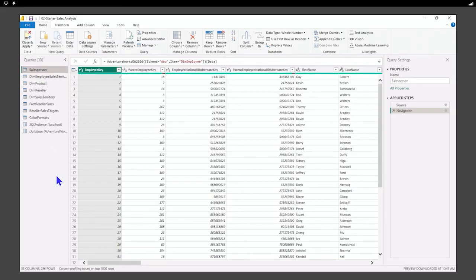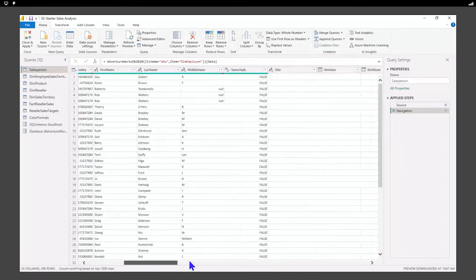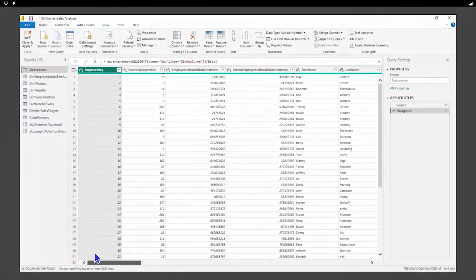The concept here is once we have imported the data, we can do whatever we want with the column names and all of that. We're not affecting the source. We're not live connecting to the source and making any changes there. So we want everything to look the same. So we've changed it to salesperson, but this is the employee table, and so we have quite a few employees who are not salespeople. So what we want to do then is filter this table so that we're only seeing salespersons.